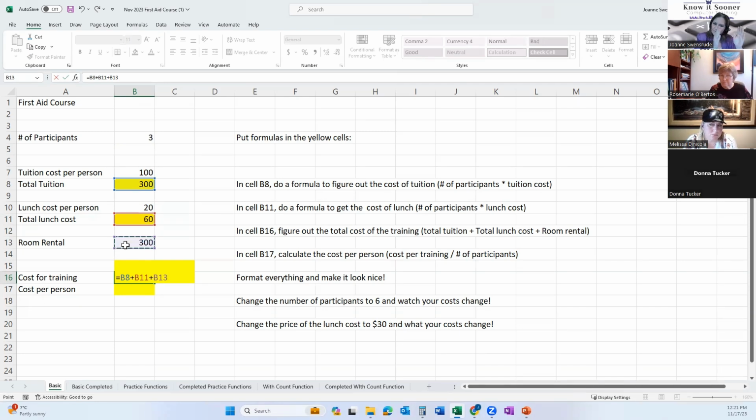Otherwise, I would be moving those three things over into a separate column and doing a sum. We're going to do sum in a few minutes. Do you understand? So if there was a whole bunch of these, like you have to add the cost of workbooks, the cost of cover charge, and the cost of certificates, blah, blah, blah.